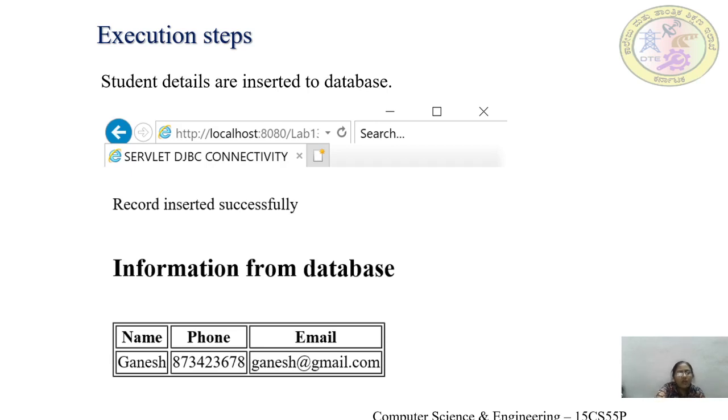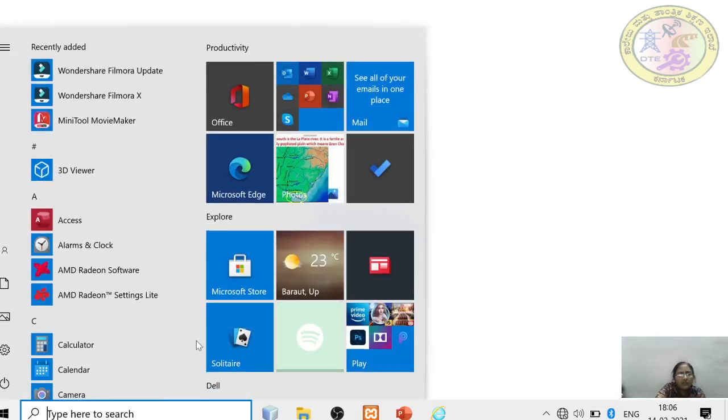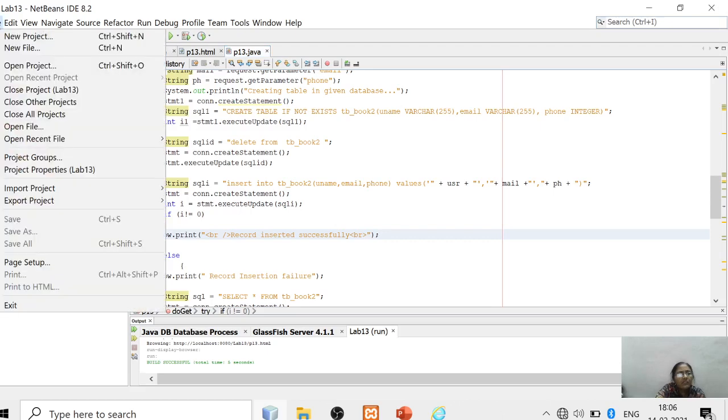Now let us see how we can do the execution in the NetBeans IDE. This is my NetBeans IDE. Here I have created a web application called Lab 13. For creating this, you just go to file, then on click of file, here you can see new project.